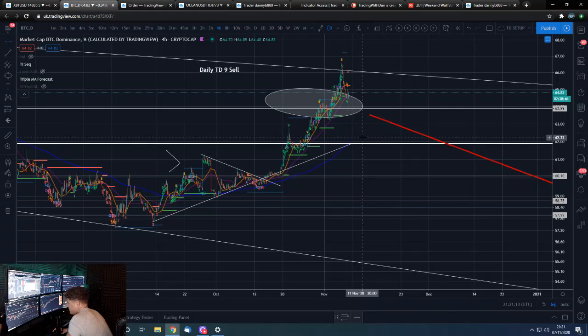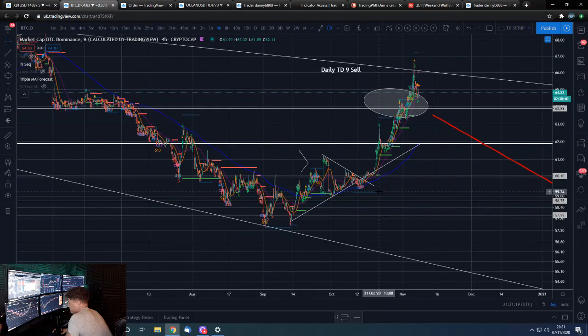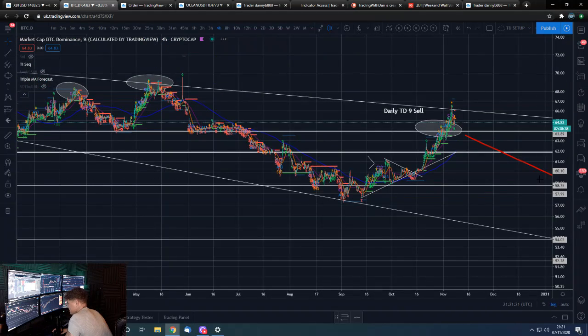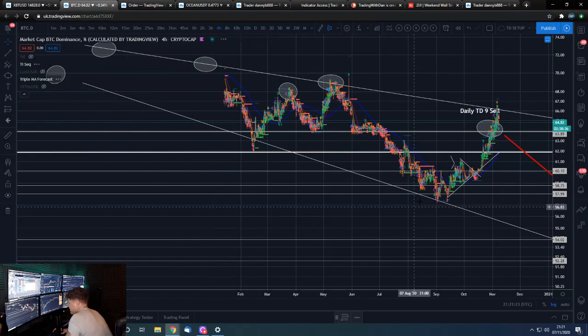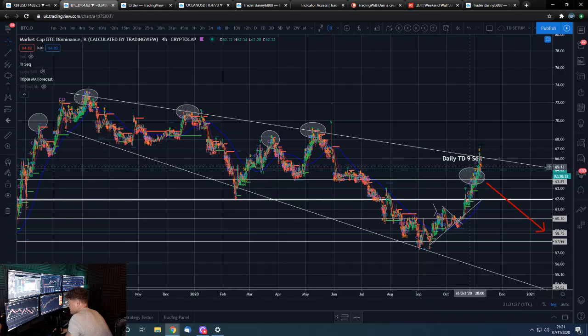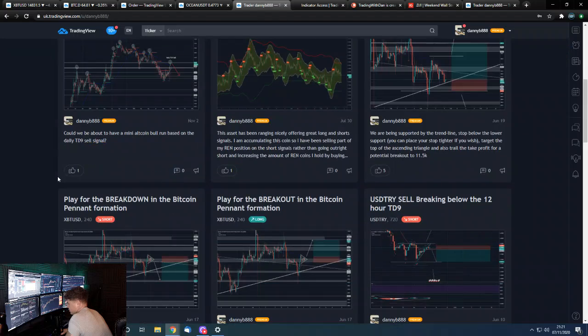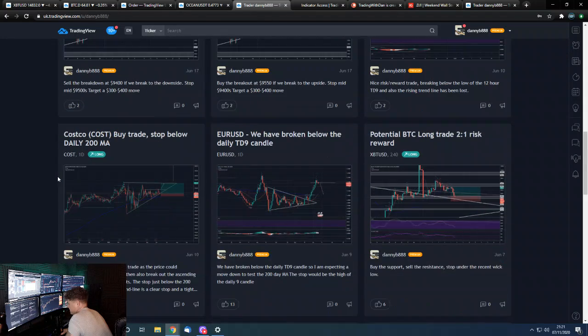That was my point. Whilst I do think this is what will most likely happen, obviously we can push onwards and upwards from here. And don't forget, we still are in a descending broadening wedge here, and that is inherently a bullish formation, and that could inherently break to the upside. As you can see in the descending broadening wedge that I've shown you a few times on Bitcoin, that I drew in a while back,